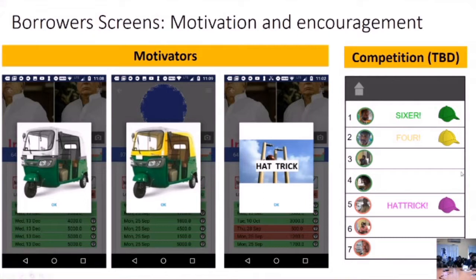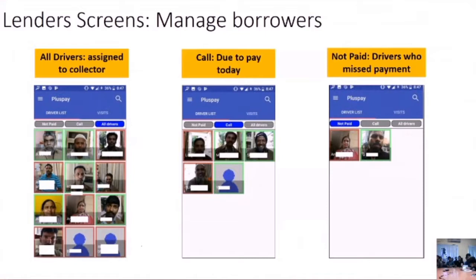And we're going to use these in a social competition that we're going to be designing in the next couple of months. So we hope that these simple visual representations will build financial literacy and help enable borrowers to make more informed choices. And at the very least, borrowers have much more information about what's going on with their loan than they did before.